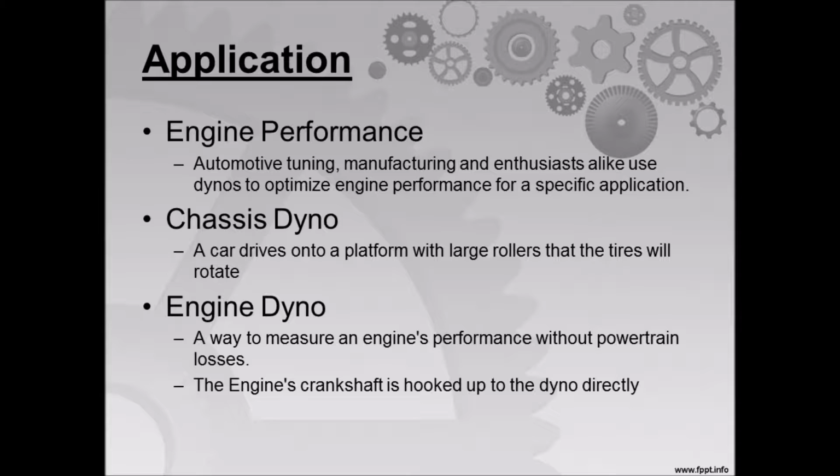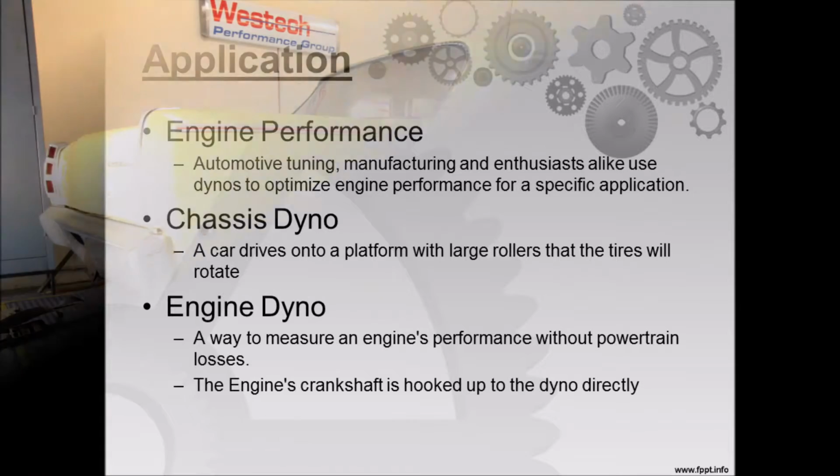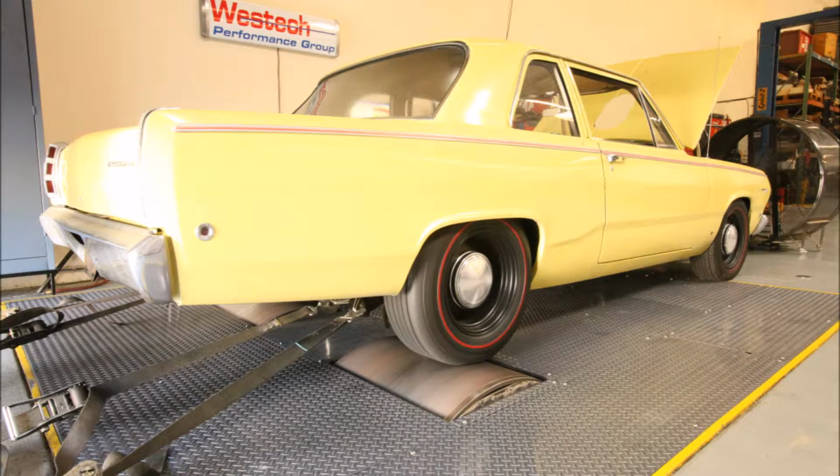Two of the most common methods of engine monitoring are the chassis dyno and the engine dyno. The chassis dyno is most commonly used in recreational settings due to its easy setup. The driver parks his or her car on a platform and parks the drive wheels on large rollers. The car is then secured with straps attached to its frame and fastened to a secure mount. The car is then run through a variety of engine speeds, and a computer displays the engine torque and horsepower